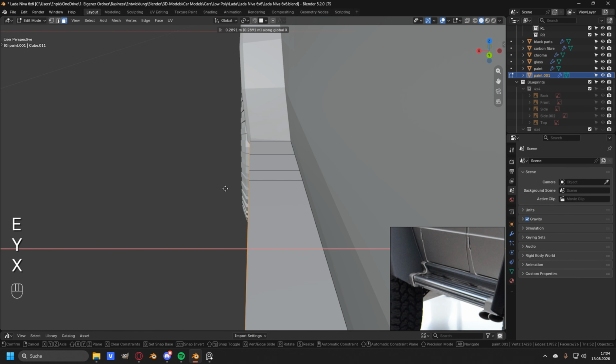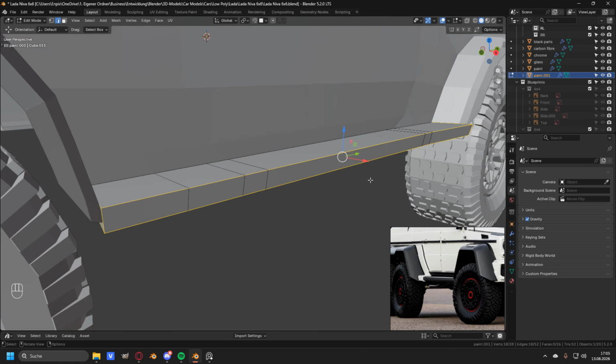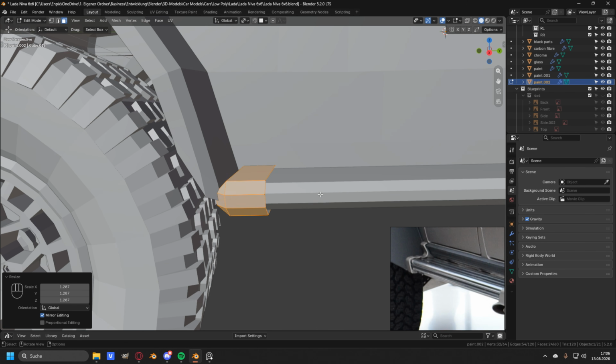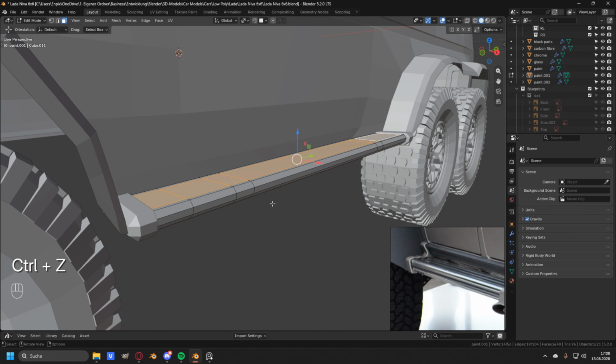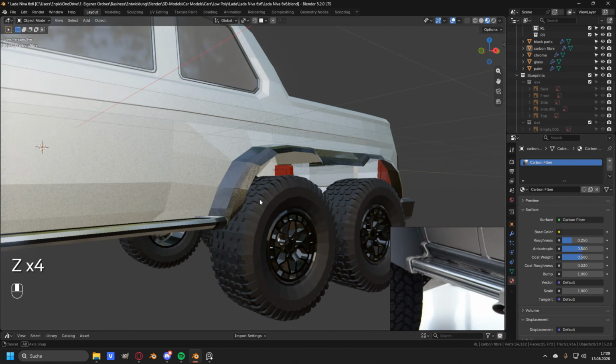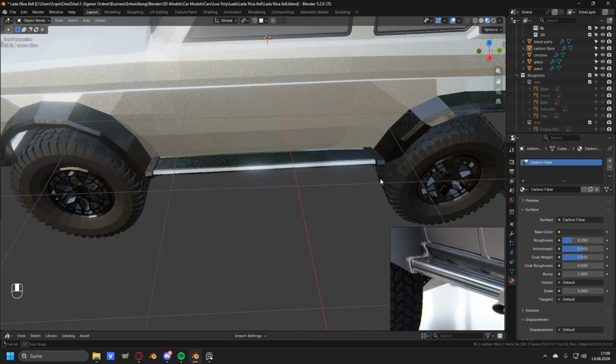Then I took the faces and extruded them to the outside, added in a bevel to the outline edges, and then increased the size of the beginning and the end of the side skirt. The last detail that I added in was to extrude the top face a little bit down. Then I only needed to go ahead and apply the materials, and then I could continue with chapter 19,